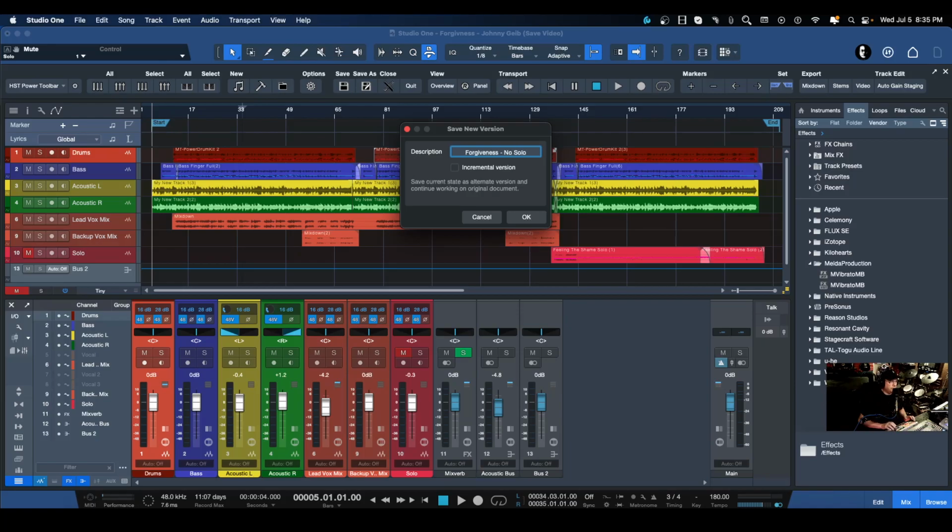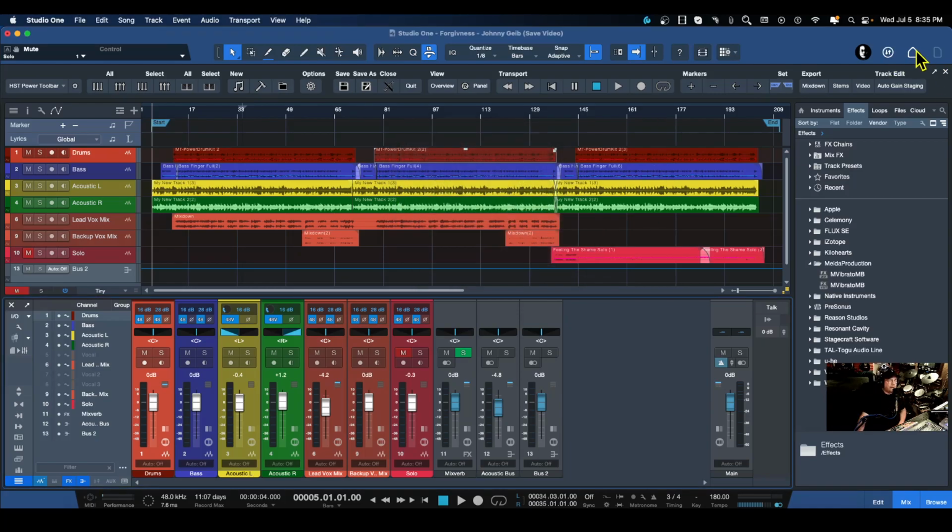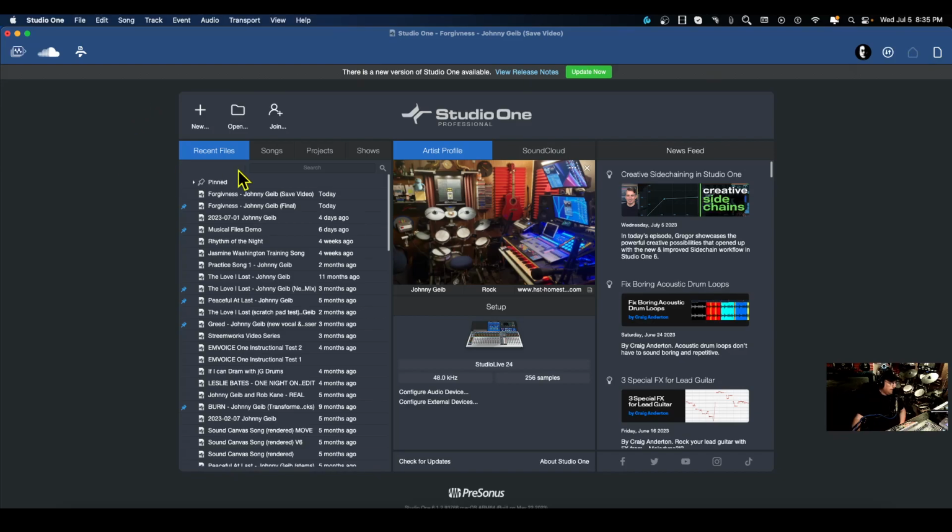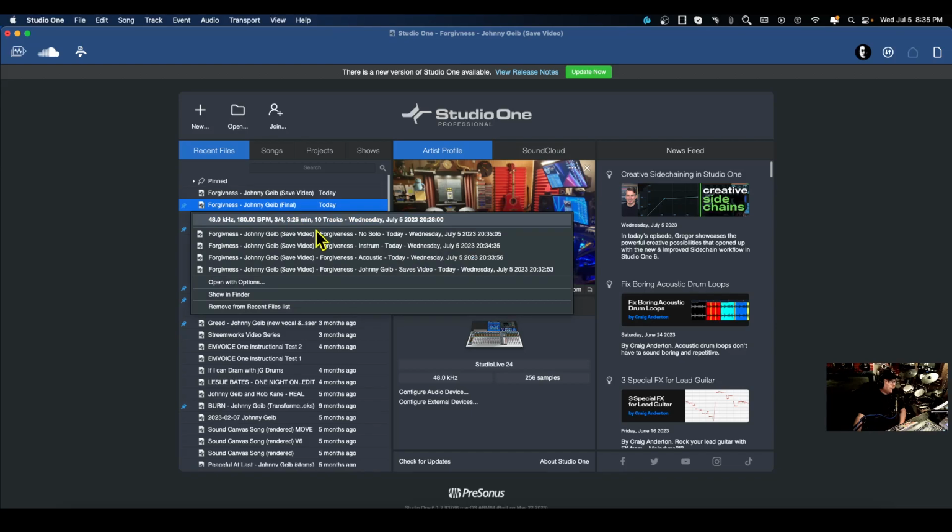Oh, solo. Okay. So now, if I go back to the start page, and let me go ahead, you can see none of those are showing up here. So if I right-click on the original version here, there we go. Now you see all of the Save New versions that I have. Now, this is quite convenient. The only downside to this